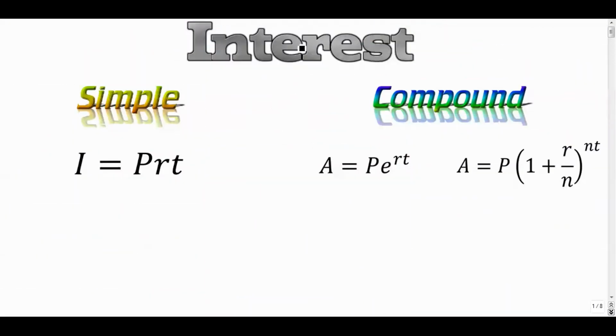All right, let's talk about interest. Interest can be broken down into basically two categories. You have your simple interest and you have your compound interest. In this video, I'll talk about both. Inside compound, we'll make the distinction between two different formulas. This formula right here is if your compound interest is compounded continuously,